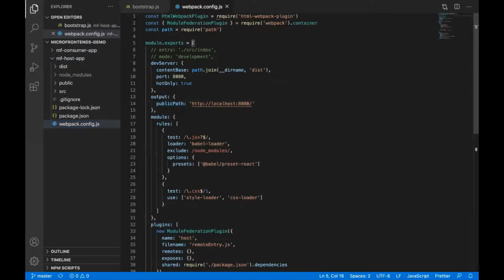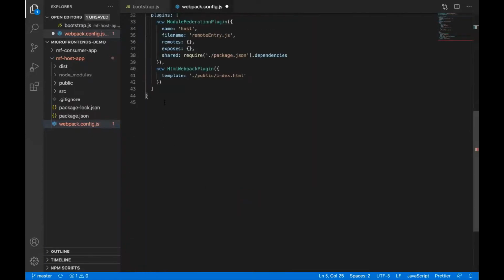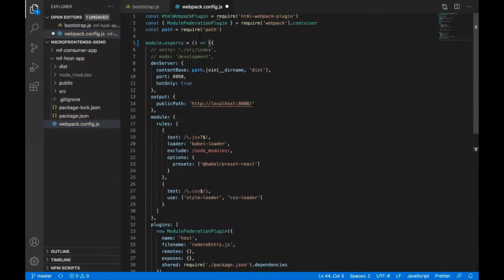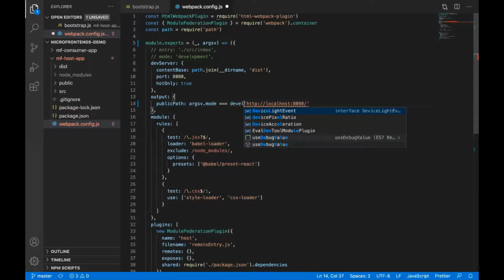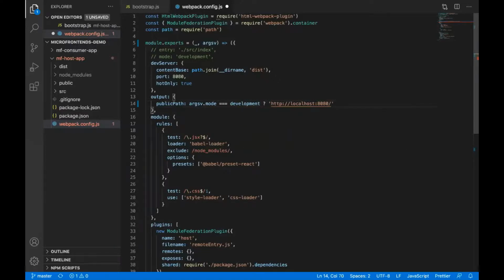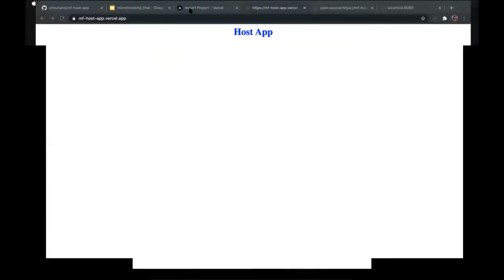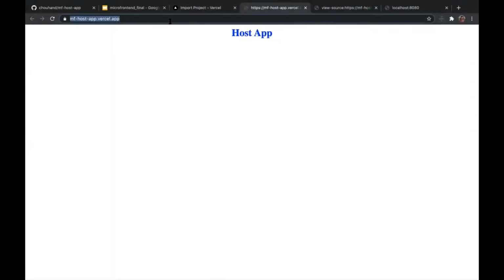Let's convert it into a function. Now this is my function, and the second argument it takes is argv, and argv.mode is equal to development, then show this. Otherwise, let's take the production one, this one.